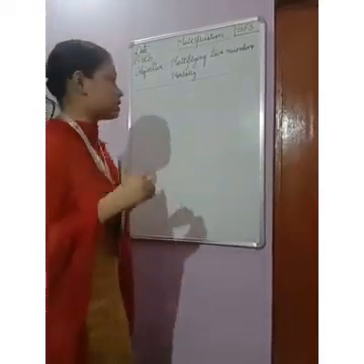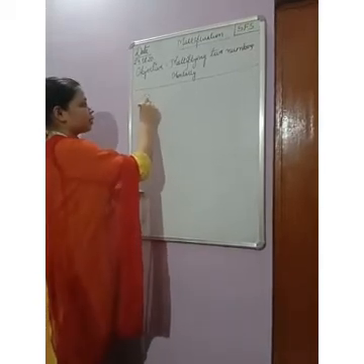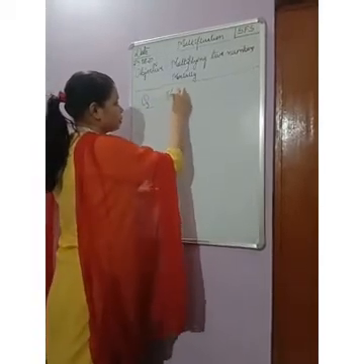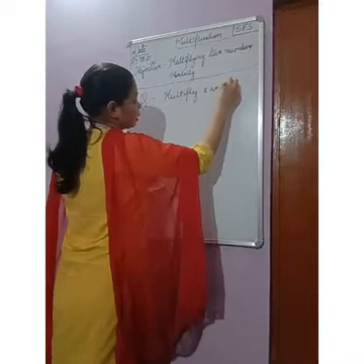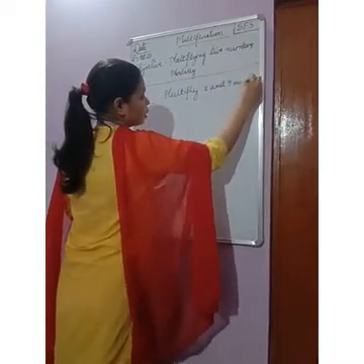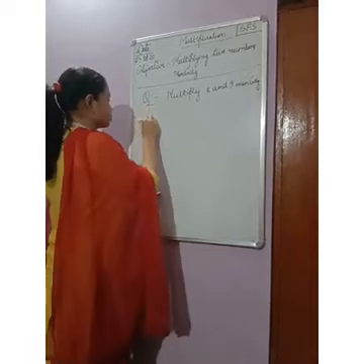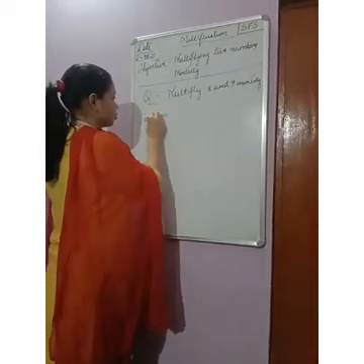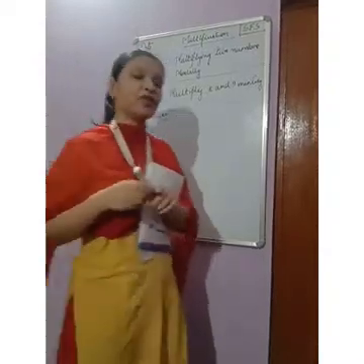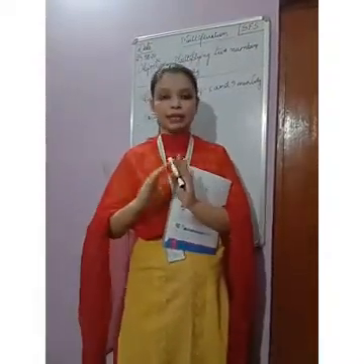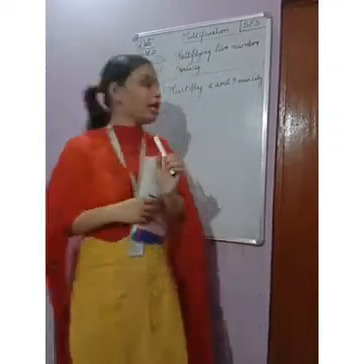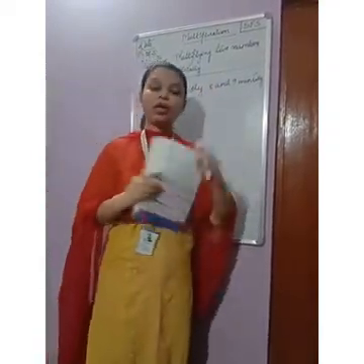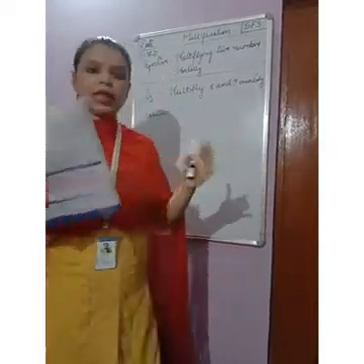The first example I am taking: suppose multiply 8 and 9 mentally. Okay, this is the question I have taken. Now when we do multiplication mentally, we split the number. Split means breaking of the number. I break this pen into 2 equal halves, that means I am splitting the pen. In the same way, you have to split one of the numbers into equal or not so equal parts, near about equal parts.